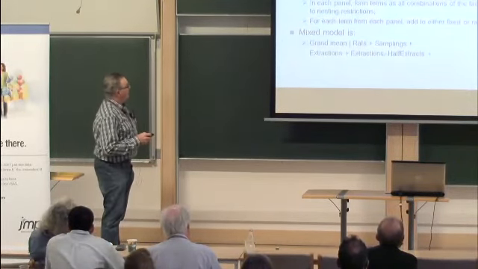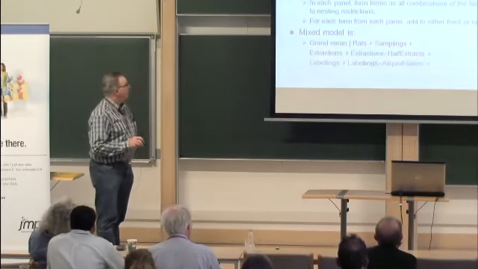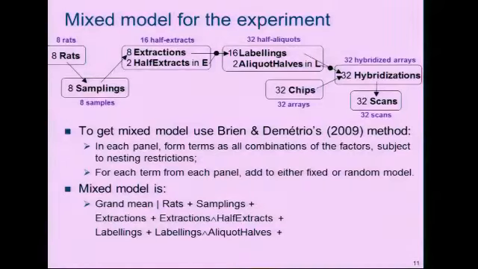A similar thing for the labellings. I want all combinations of these two factors, and that of course, given the nesting, is labellings plus labellings wedge extraction, labellings wedge aliquot halves. And then I'm left with the 3 single factor panels here, and you'll have a term for each of those in the model. And that gives me the complete model for the experiment, taking into account all the sources of